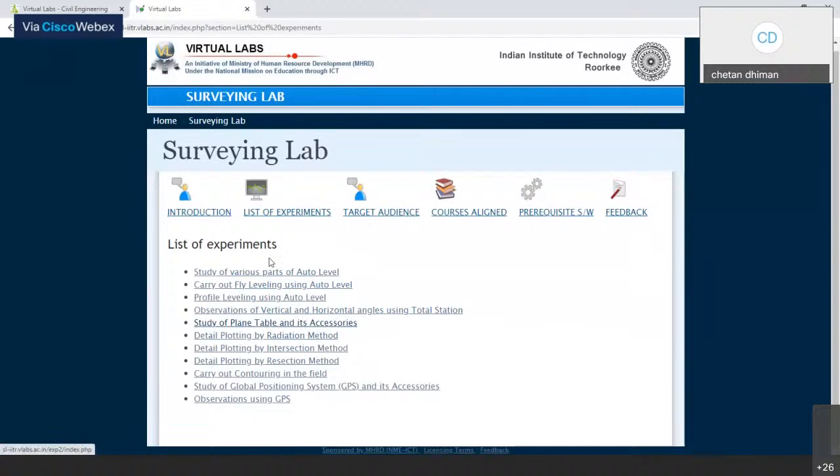To perform these experiments, you just click on the experiment which you want to perform. Suppose I want to perform the contouring experiment. We just need to click on carry out contouring in field.